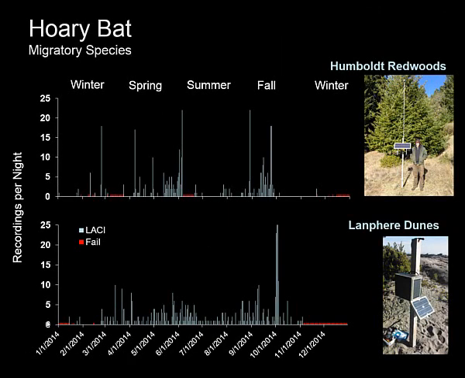So, of course, once we have more than one of these detectors, we can also start to make comparisons between sites. So, in this case, I'm comparing 2 sites. They're only about 100 kilometers apart, and for a single species, this migratory hoary bat, both of them show a peak of activity in the fall, and this is primarily when I do my field work. But at this site that's right on the coast at the beach, there's a significant amount of activity for this particular species throughout the year.